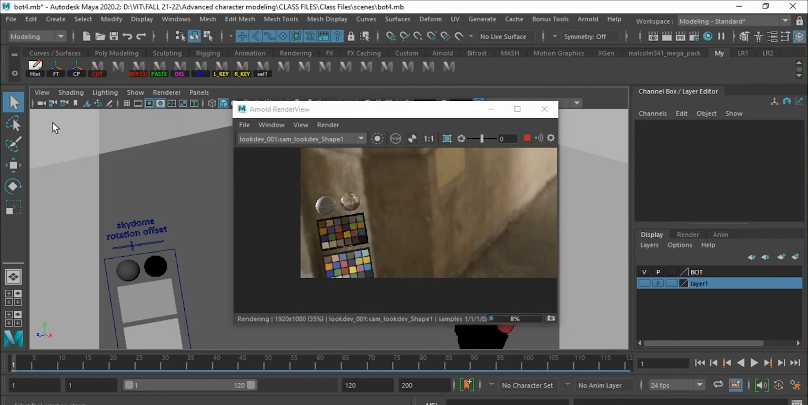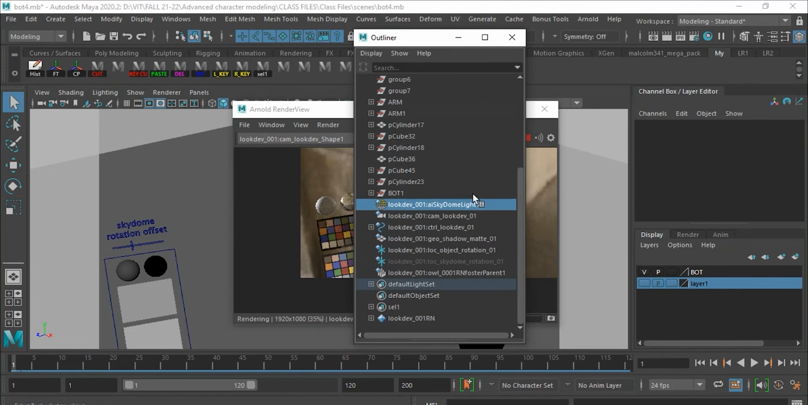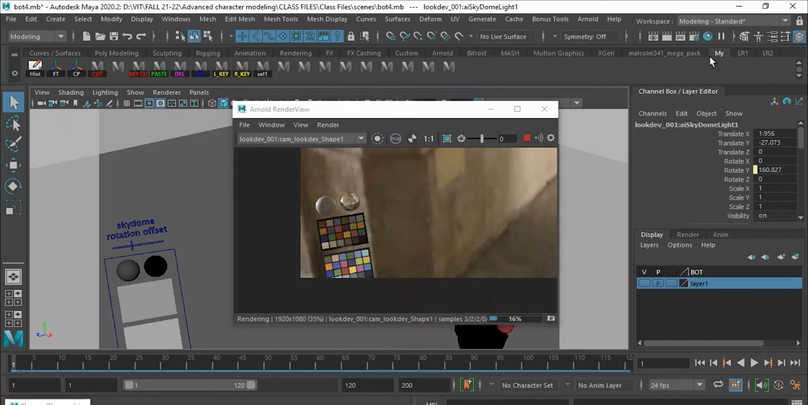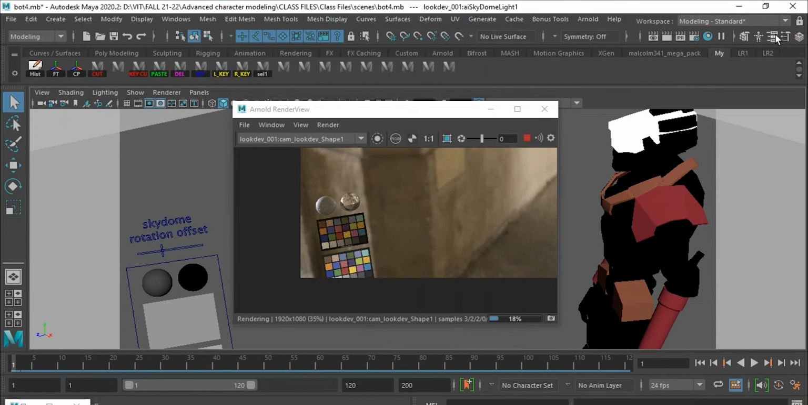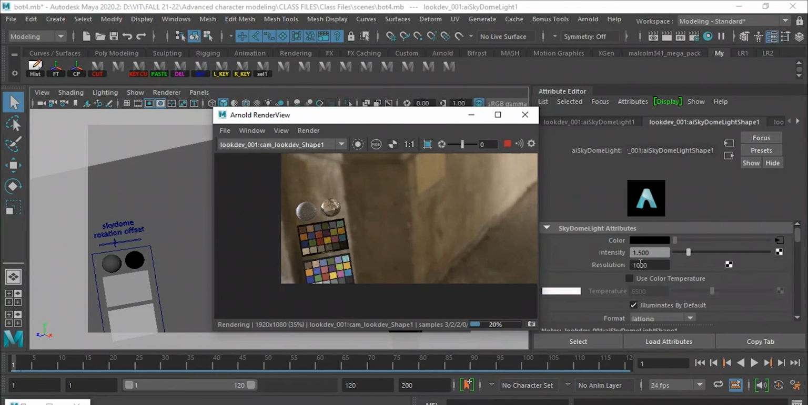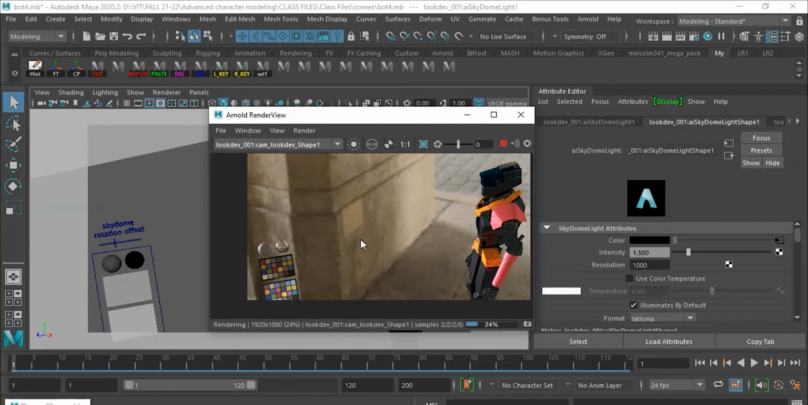Now there is a dome light here in the scene that you can select easily. When you go to your outliner, there you can find your dome light. You can see that it says look development 001 AI sky dome light. Please select that light. Then I select my attribute data. There you can find intensity. The intensity is 1.5. So now what will happen is if I just bring down the intensity to 0,